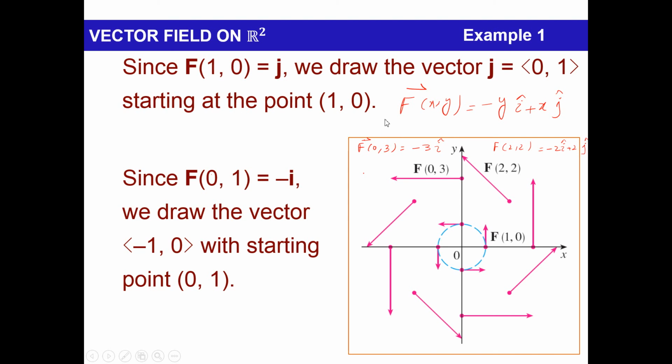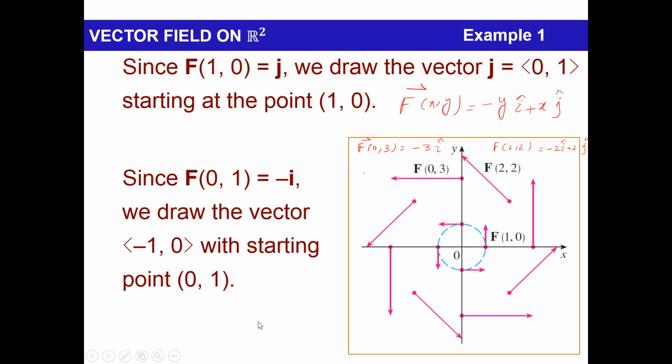First of all, let (x, y) be (1, 0). That is, x is equal to 1, y is equal to 0. Now, plug in x is equal to 1 and y is equal to 0 here. So we have 0i plus 1j. So we are left with j. f(1, 0) is j. Now how to draw it?